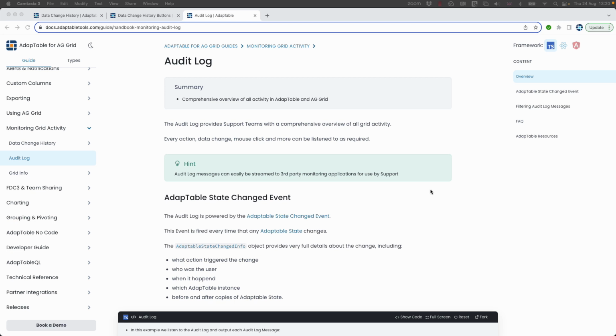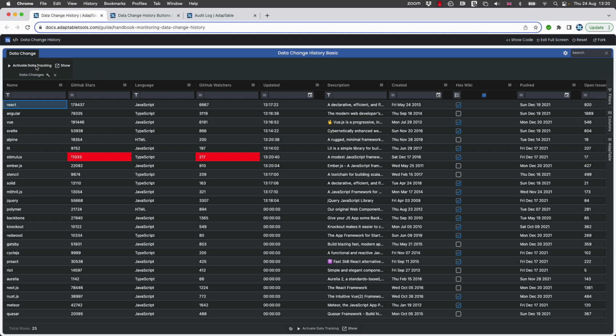Now, in fact, you can add an undo to the audit log, and we will show that in a separate video. But if it's only edits you're interested in, there's actually probably an easier way to do it. And that is through using this thing here called data change history. What essentially data change history is, it shows you, and again you can choose whether or not you want to set it up,